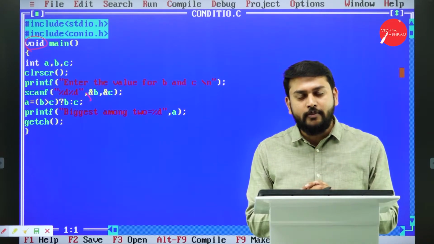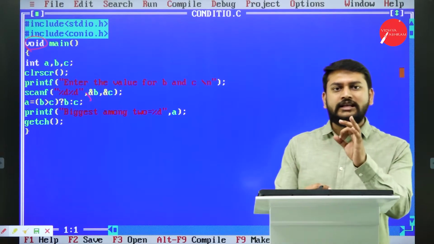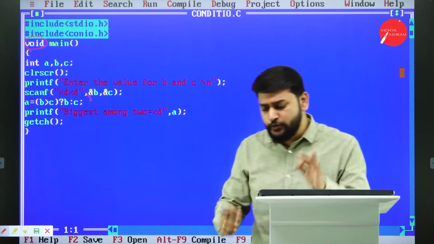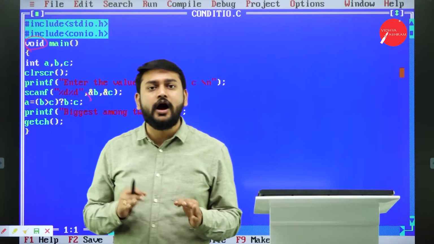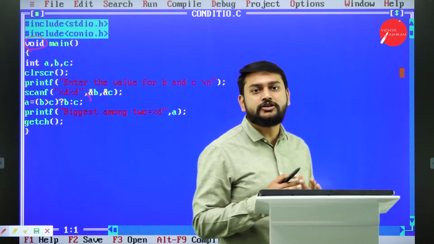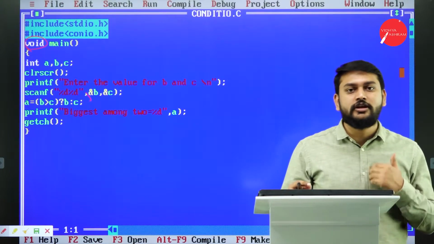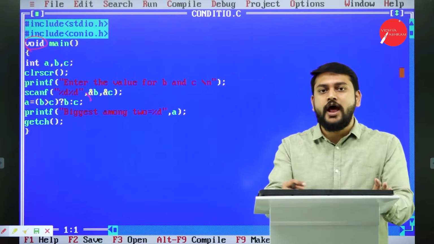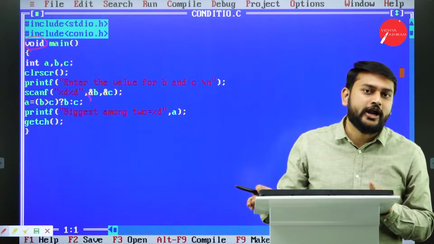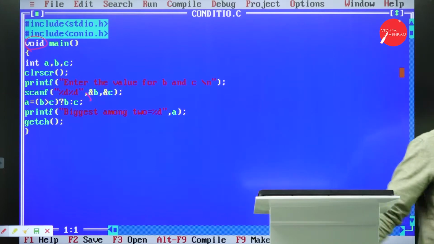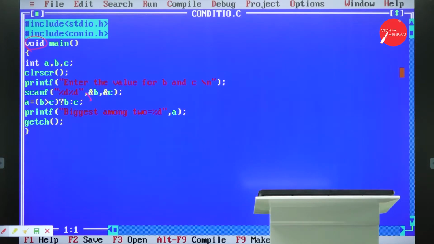In this program, I will be explaining what exactly I'll be repeating. Please make a note of it. I will be explaining how exactly the conditional operator is working for all of us, and what exactly the syntax is that I have to maintain for a conditional operator. I'm going to demonstrate that with this program. So please write down the program, or you can also take a screenshot of this program. I will just move out of the frame. So this will help you to understand.